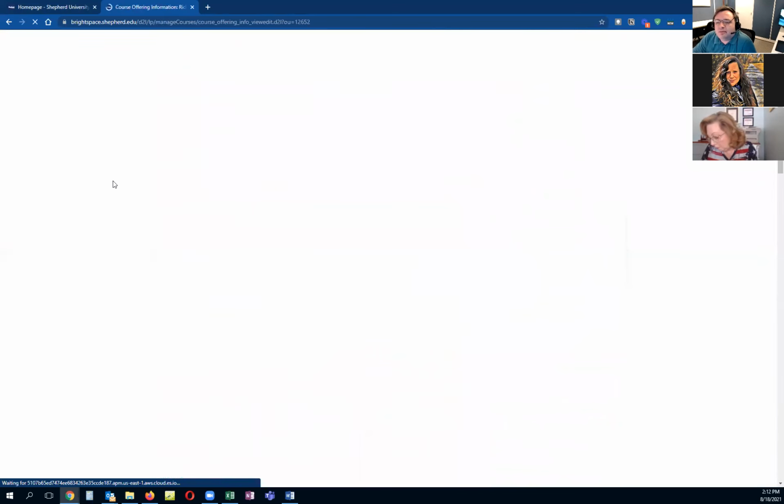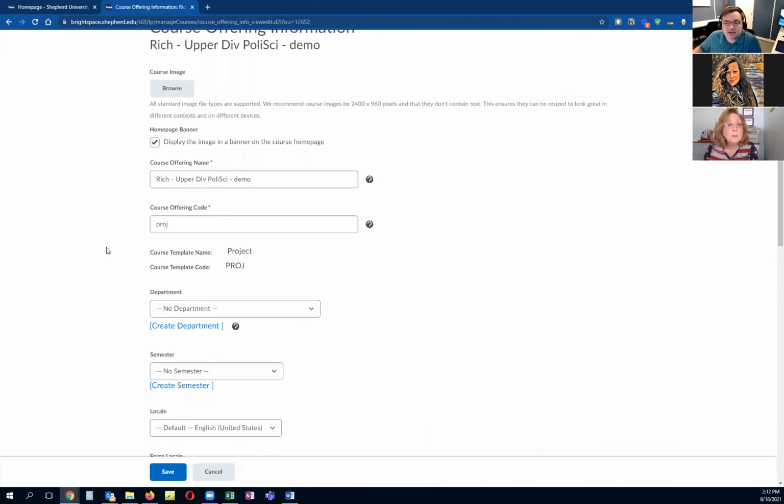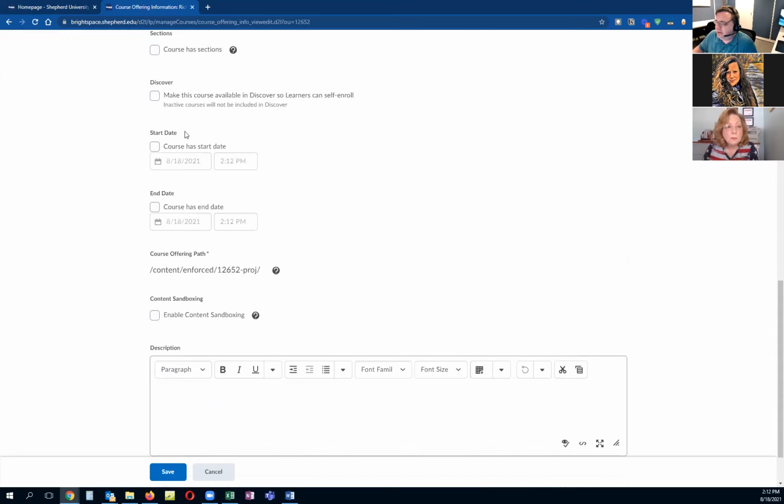That's mainly going to describe when the course is available to you. It does have a name. Currently, the name isn't available to be changed off of the admin side. But if you scroll down, you can see that there's the start date and end date. By default, all the courses are set to have a start date of the beginning of the semester and an end date at the end of the semester. So if you didn't do anything to this area, it would automatically become active on Monday, the start of the semester. But let's say you did want to change it